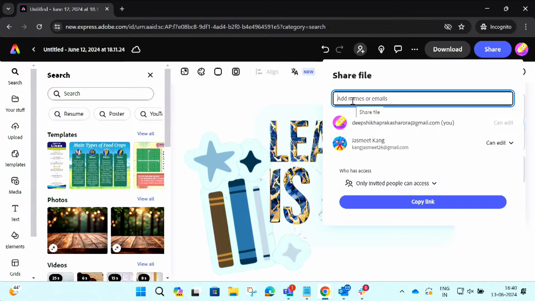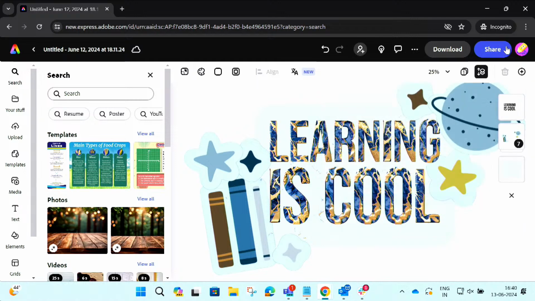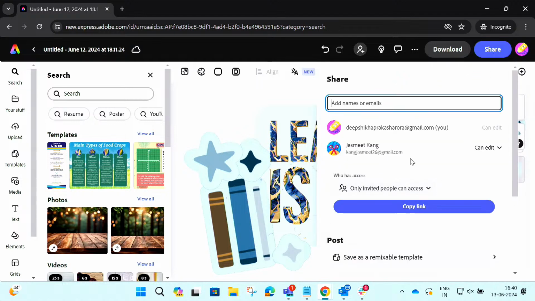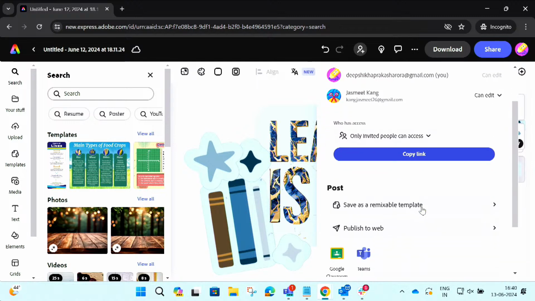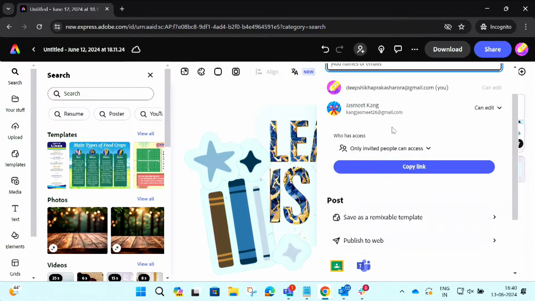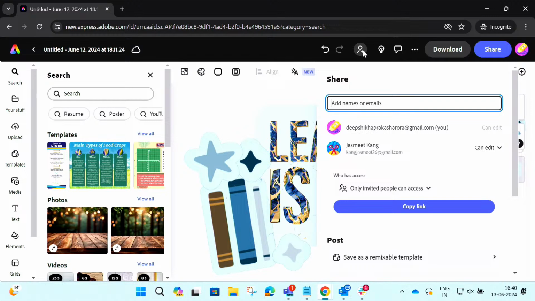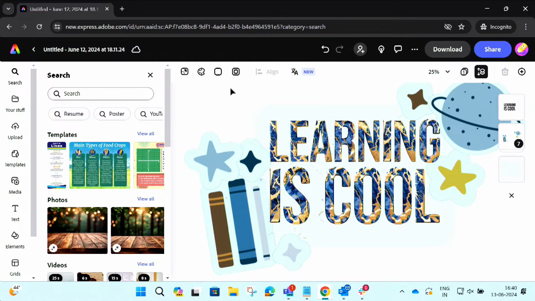So it means that Jasmeet can edit my image. If we just click on download or share, this goes as an image where you are not able to edit anything. But when you invite somebody as a collaborator, it gives them the right to edit that image. So Jasmeet, if you can check side by side whether you have received it or not, we'll see how collaboration works at your end.